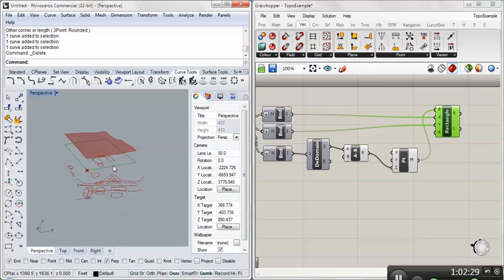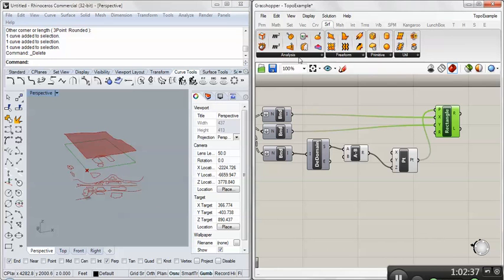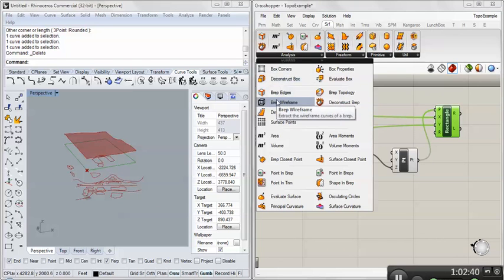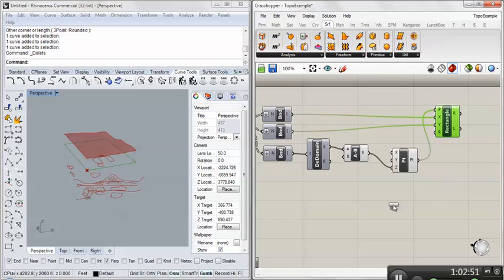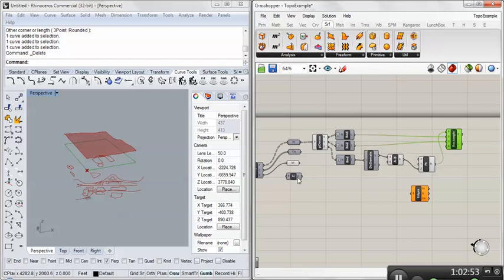So for loft, you need two curves to loft. Right now we have a curve and a surface, so we need to get the perimeter of this surface. Under the surface tab, analysis, there should be B-rep edges. I'm going to remove the vector, we're not using that anymore. So surface to B-rep edges, and I should get,